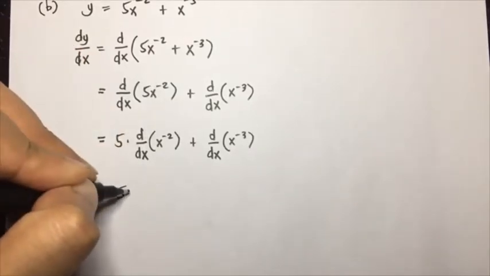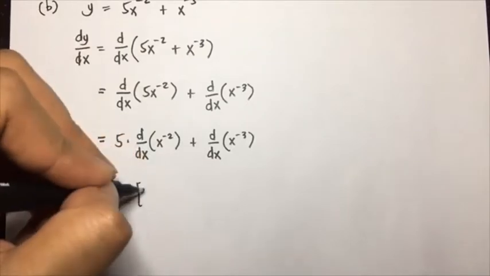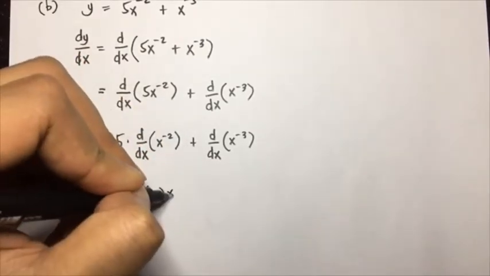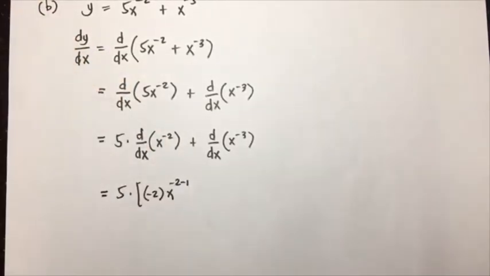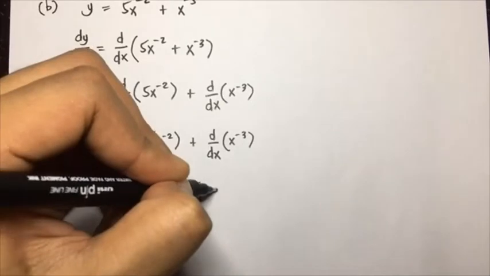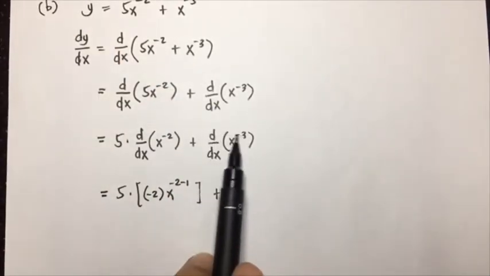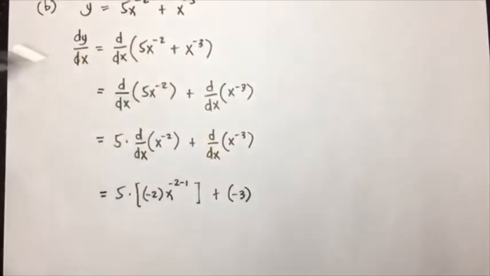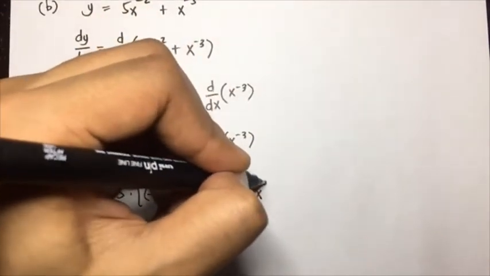So we will have 5 multiplied by the derivative of this, for n negative 2, multiplied by x raised to negative 2 minus 1, plus for this one, bring down the exponent, so it's negative 3 multiplied by x raised to negative 3